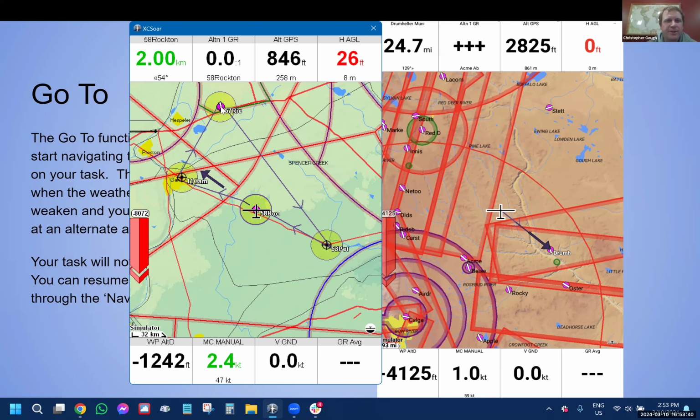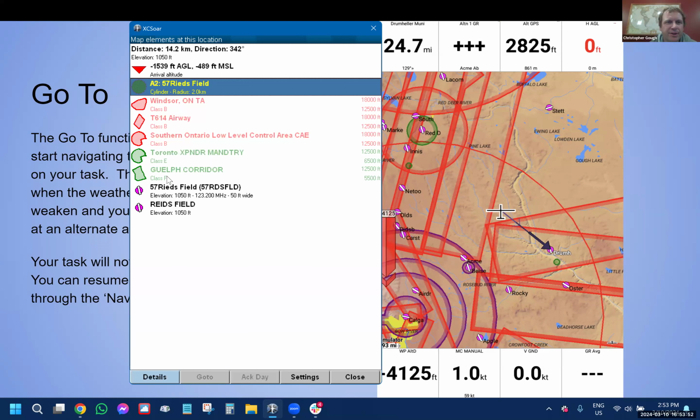All right, so we'll get to the go-to. We're going to go to Reed's Field. We're getting low around Reed's Field and we might have to land there, so we want to make sure that we have a final glide there. So you just tap on Reed's Field. A bunch of things come up here. The area of Reed's Field, if you click on that, is going to give you the target that we were looking at previously. But